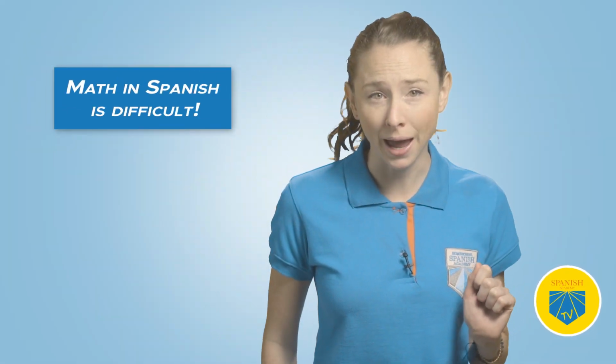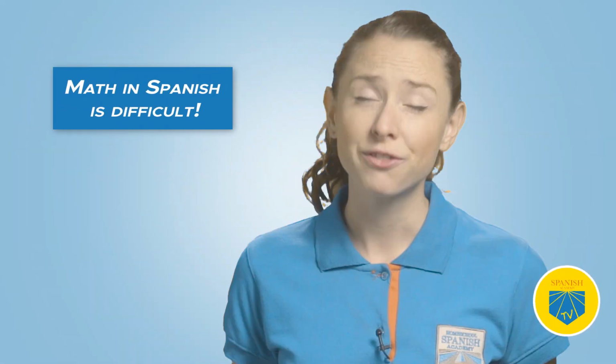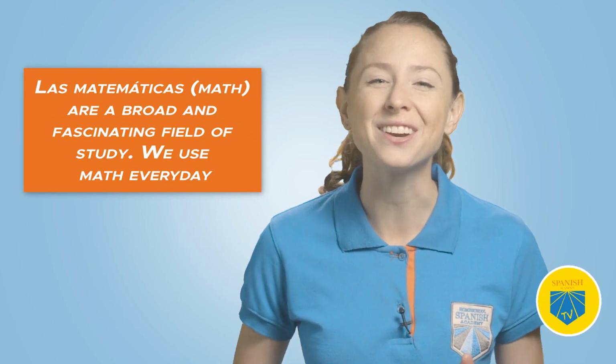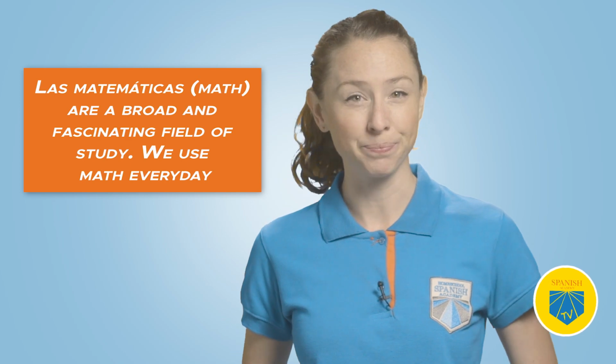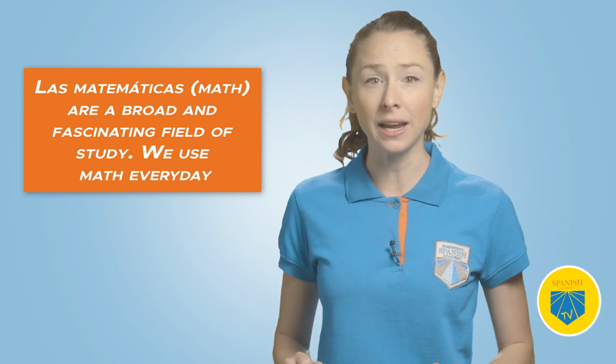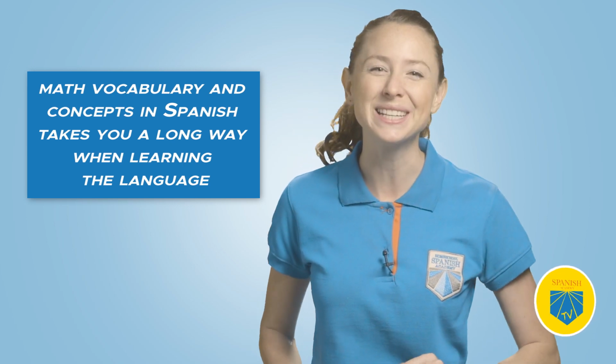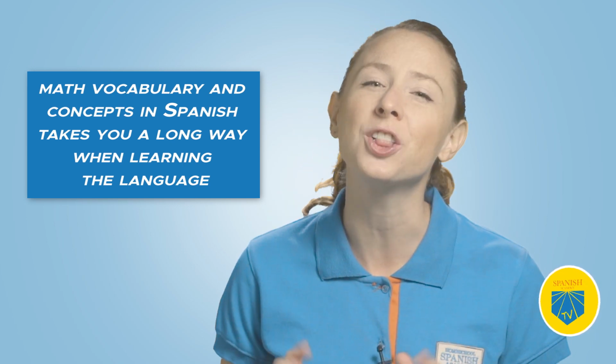Whoever said math in Spanish is difficult for sure missed the mark. Las matemáticas, math, are a broad and fascinating field of study. We use math every day without even noticing it. Whether it's for counting, shopping, or cooking, knowing useful math vocabulary and concepts in Spanish takes you a long way